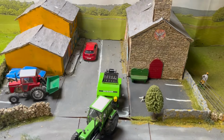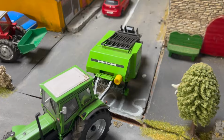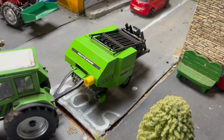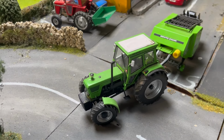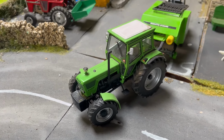And coming into the village, we have a lovely Deutz D13006 pulling out of the village with a Deutz baler. Never seen a Deutz baler in my life, a square baler indeed. And yeah, your man seemingly likes the Deutz brand anyway. And that Deutz 130 is in prestige condition. She must have been restored